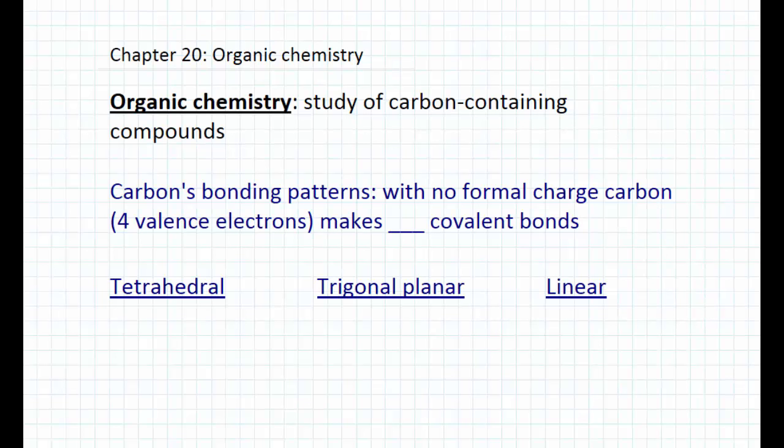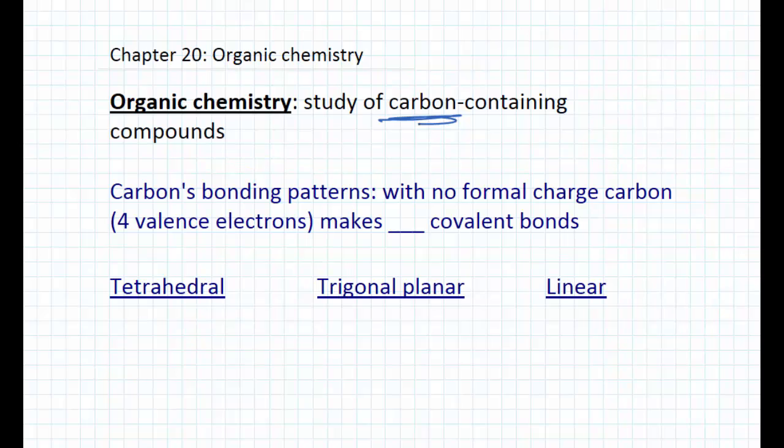Alrighty. So, organic chemistry is what chapter 20 is all about. And you may have heard this word organic in several different circumstances before, like in the grocery store, where organic has to do with how things are farmed and pesticide-free and stuff like that. But it's a very simple definition in chemistry. Organic chemistry is just the study of carbon-containing compounds. Okay? So just a very simple definition, and we're going to have one chapter that'll introduce us to the chemistry of